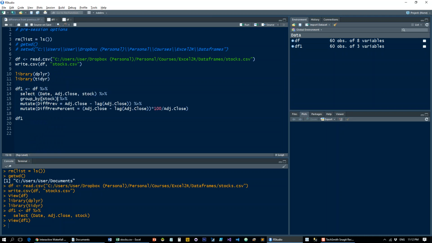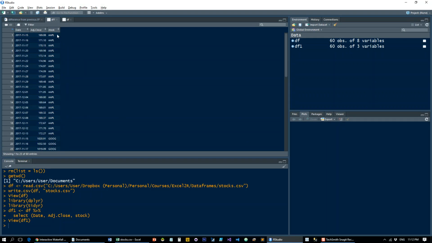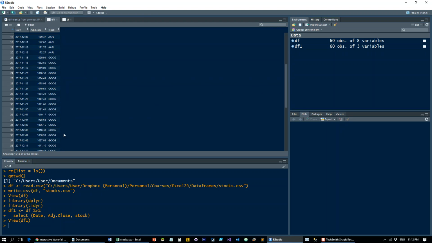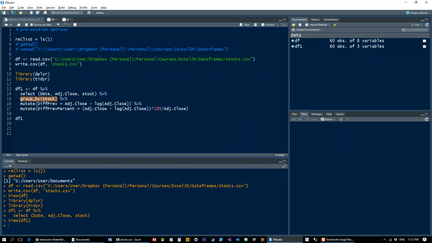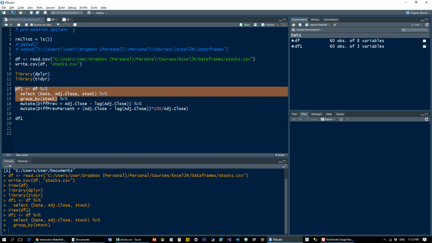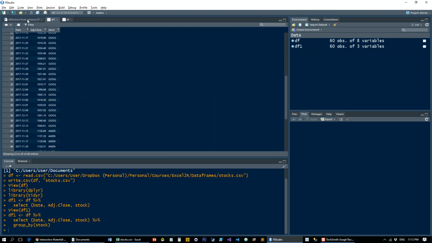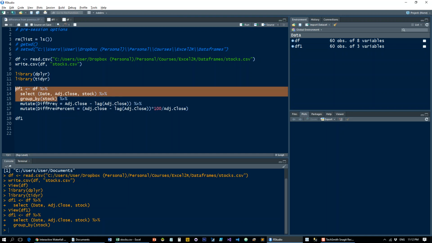Now let's group it by stock, and the reason we do this is it's not going to do anything visible, but it's going to tell any aggregate function that we're going to run on this data set to reset every time the stock changes. So we're going to start it on Apple, and then it'll reset in Google, and then reset again in Amazon. So again, same as in SQL. So again, no visible changes here, but that sets up the next one,